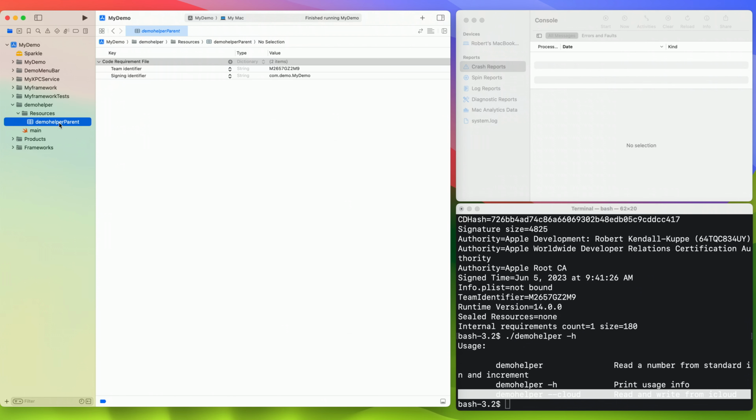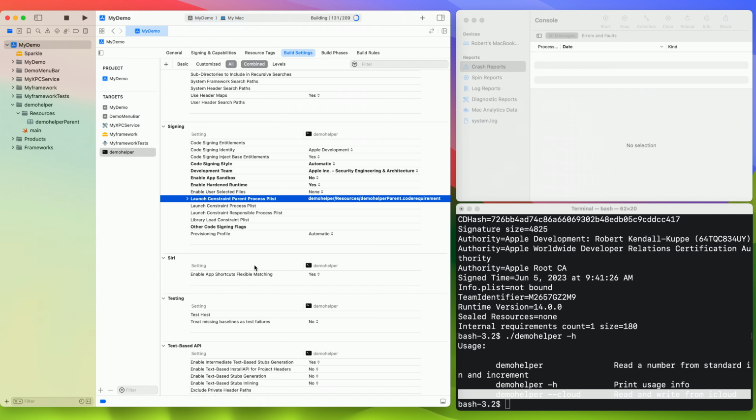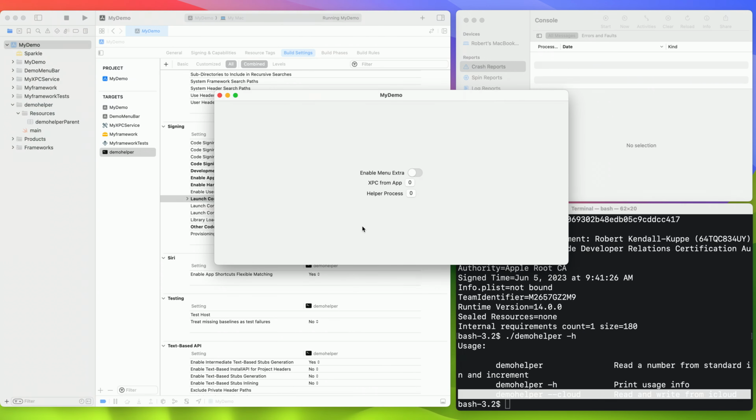Here I have a constraint plist file already populated to identify the main app, MyDemo. Let's add the constraint to our signing configuration. Now let's rebuild the app. We can launch the app again, and the main app can still spawn the helper.